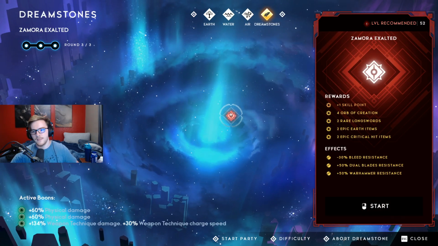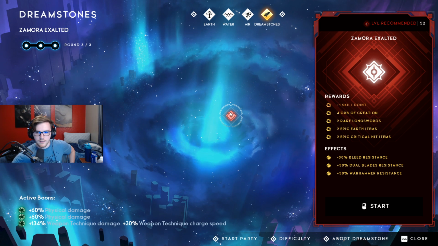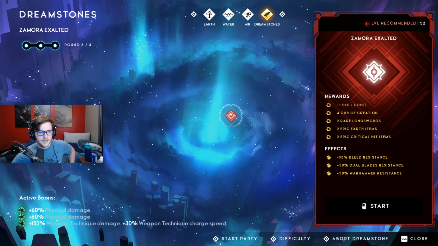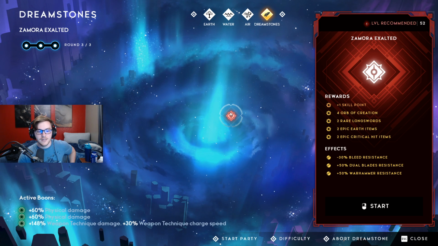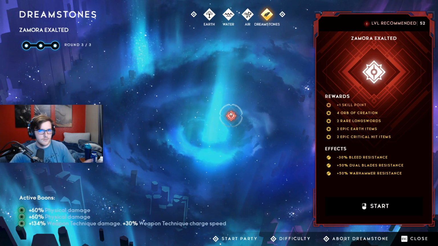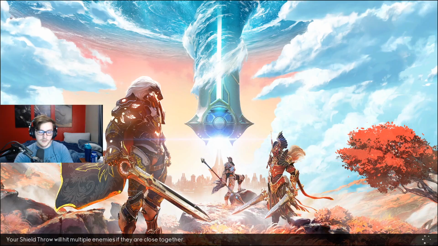On this fight, I got plus 50% resistance to dual blades and warhammer. I won't be using those. Minus 30% bleed resistance. Bleed isn't that crazy on bosses. And active boons are basically 120% physical damage, weak point or weapon technique damage is increased, and weapon technique charge speed is also increased. So use your weapon techniques and bring physical weapons is what the game is telling me to do,